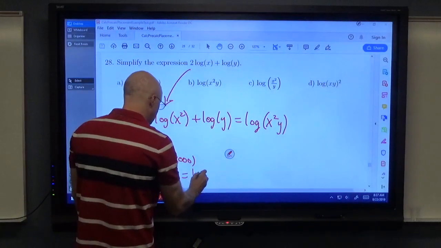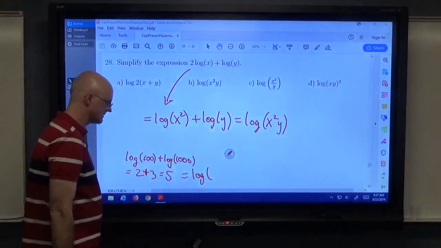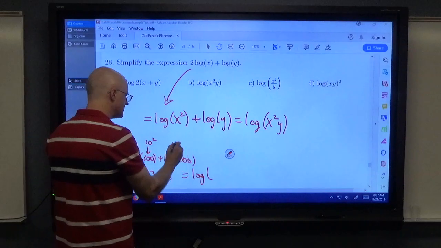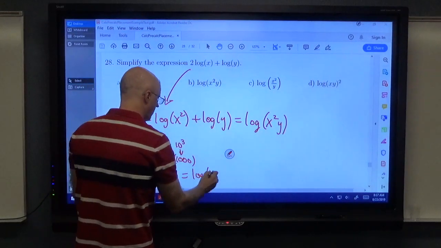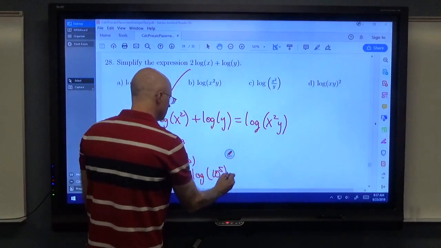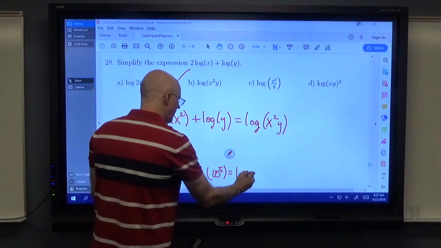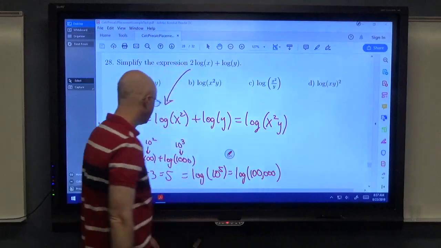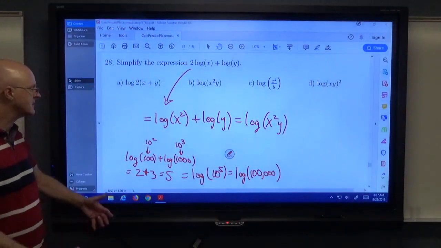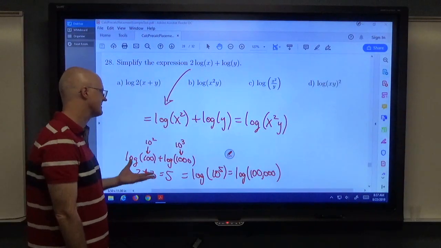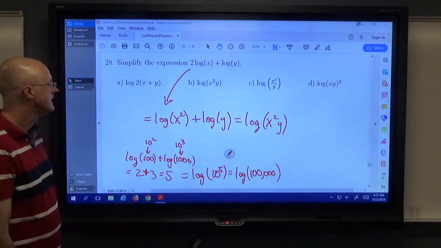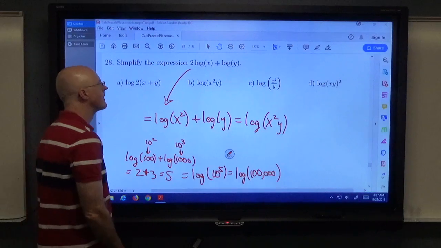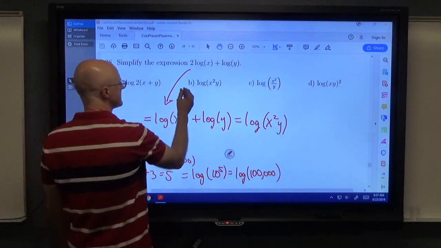That does equal log of 100 times 1,000. 10 squared times 10 to the third is 10 to the fifth, or 100,000. Okay, so it works with that example at least, and you can try other examples. It's not a proof because it's thinking about particular examples, but the logic of the proof involves similar kinds of ideas. Anyway, the answer here is choice B,